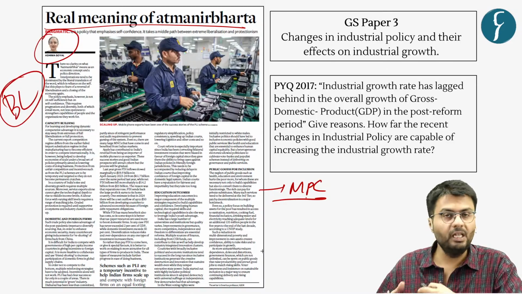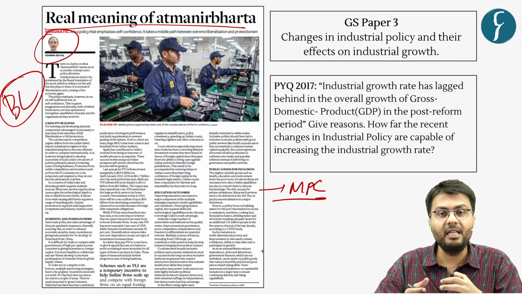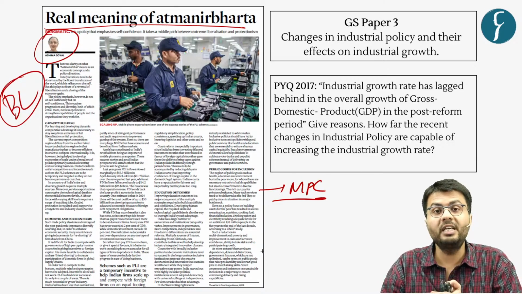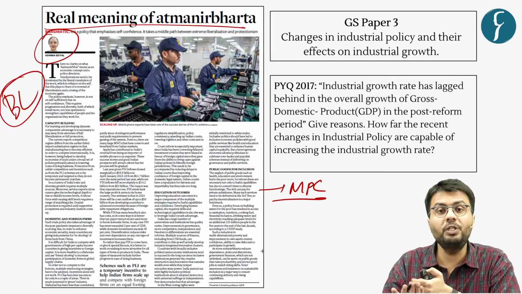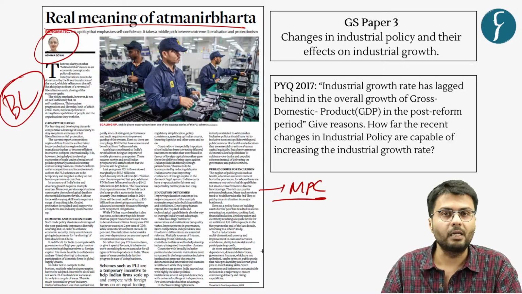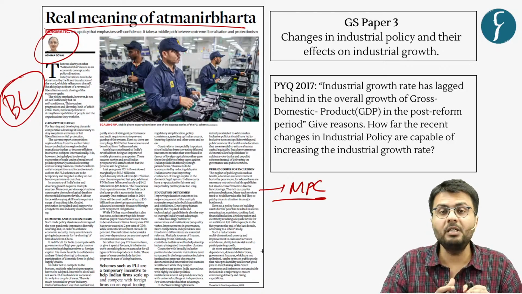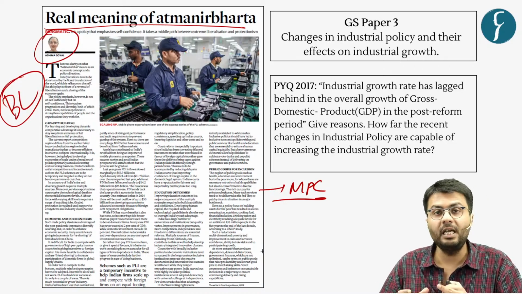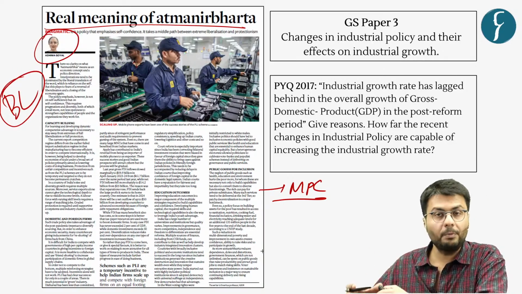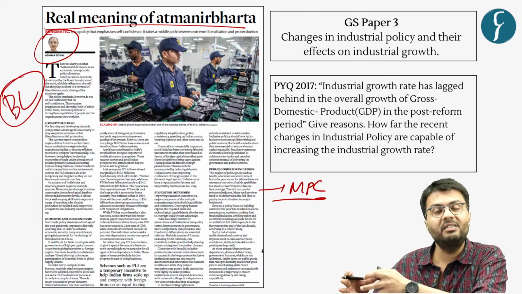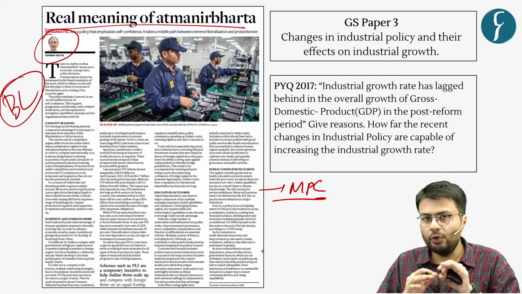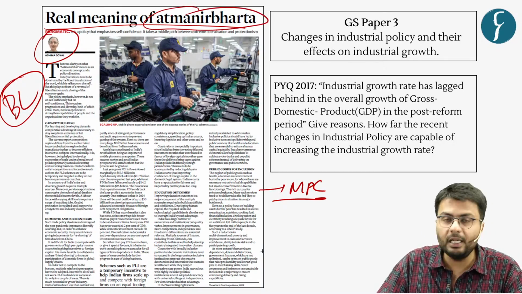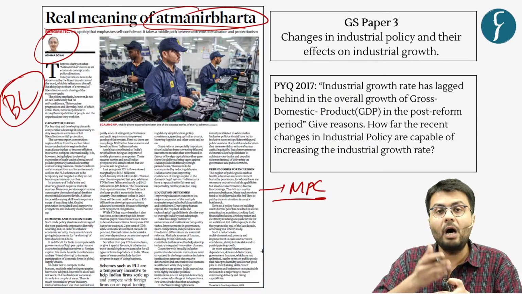Now, the author highlights that India has changed its industrial policy in recent times in order to attain self-sufficiency, which means Atmanirbhar Bharat. However, this Atmanirbhar policy is quite different from the import substitution policy, which India subscribed to in the early 50s and 60s. So, in the course of today's discussion, we'll understand what this Atmanirbharta is all about and how it is different